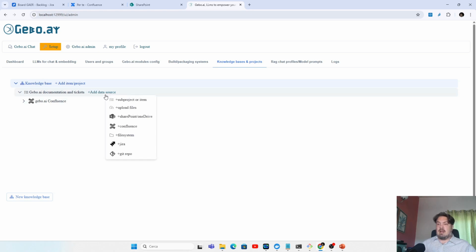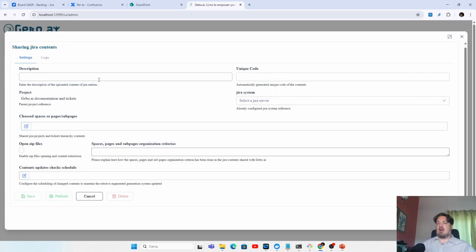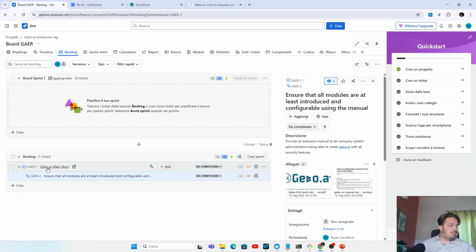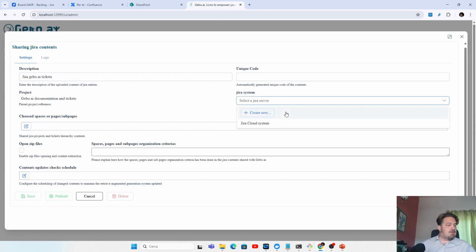So also, I had here the Jira tickets for the same project. As you can see here, I have my Jira system with Gebo.ai, main story, etc. And here I choose the Jira cloud system that's already inserted. I've already configured it.